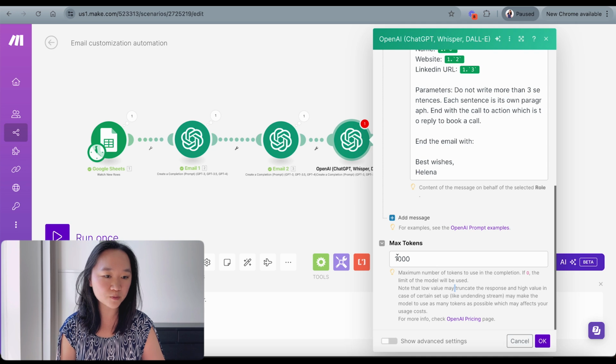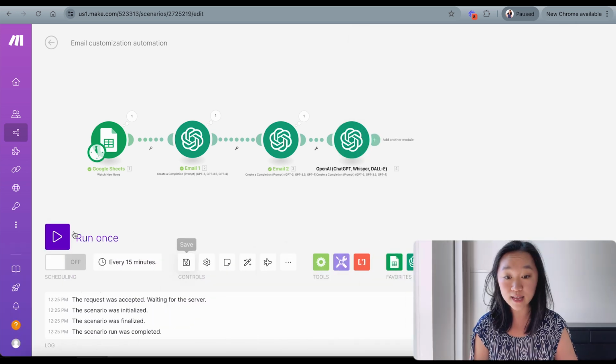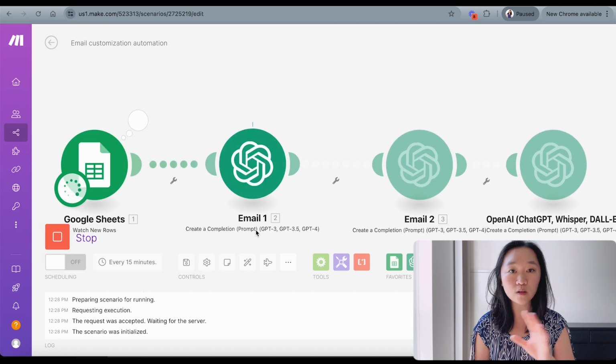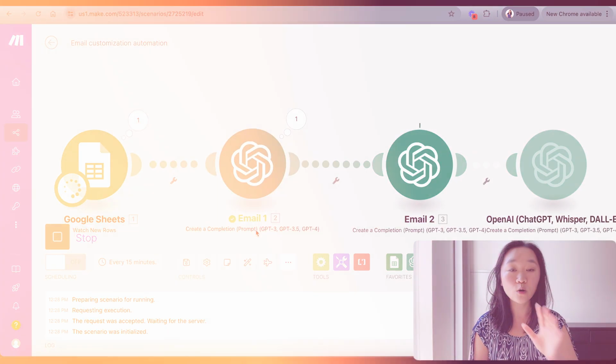I gave it the maximum token of 1,000. I'm just going to press OK. After I do so, I'm going to save and run it to see what all 3 of these emails look like. Okay, now that we have all of our customized emails ready, we're now ready to move on to step number 3,